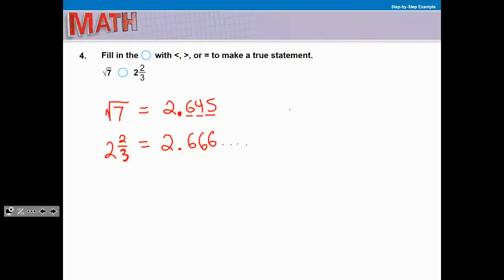Now there's going to obviously be a lot more 6s, but I already see that at that last decimal place, which one is greater? Well, would you rather have 666 thousandths or 645 thousandths? I don't know if you're talking about parts of a cake. This is the greater one there. So that symbol is going to look like that. All right. So we write the originals here. We write the decimal form,